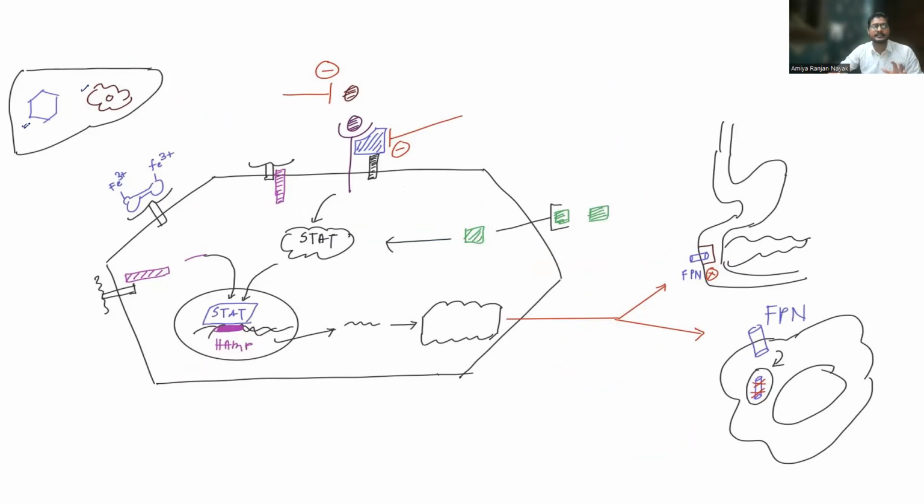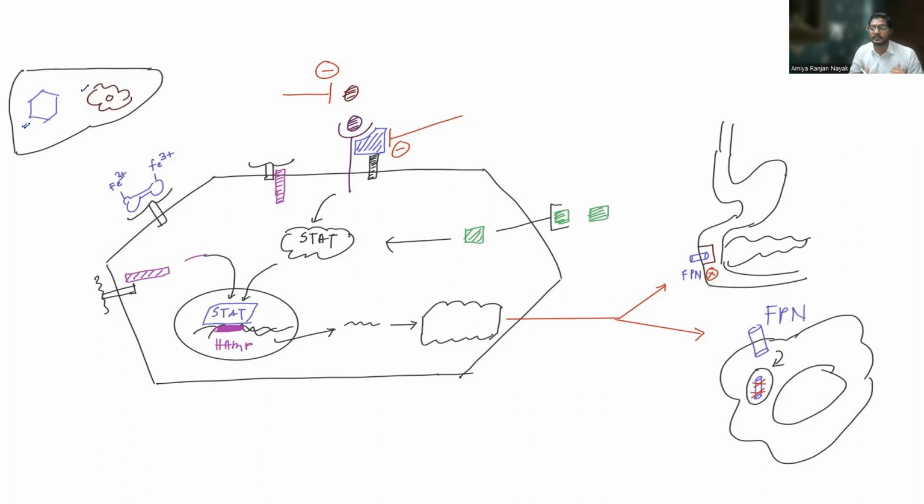Hepatocytes, like any other cells, will utilize the iron for their purpose. They will utilize it for heme synthesis. They will also utilize it for enzyme synthesis. But apart from that, hepatocytes also need iron sensing for the production of hepcidin, which is the master regulator of iron homeostasis. So here I will describe the hepcidin production and its regulation, and how hepcidin is regulating the